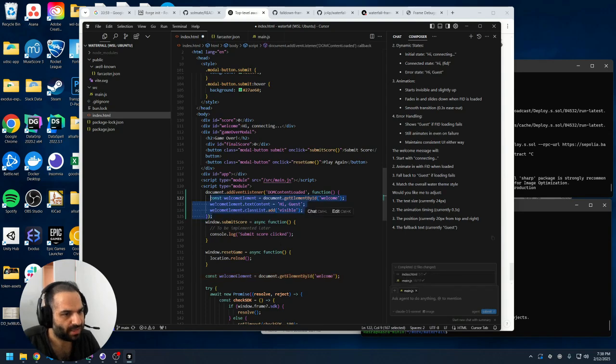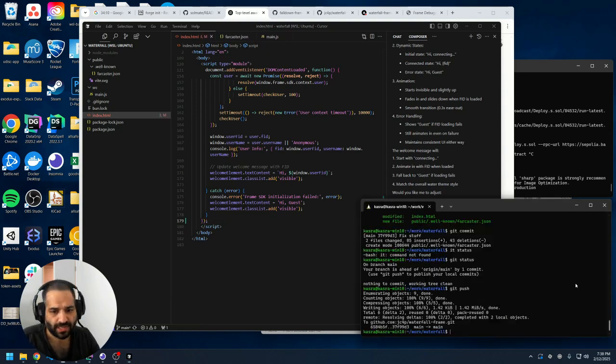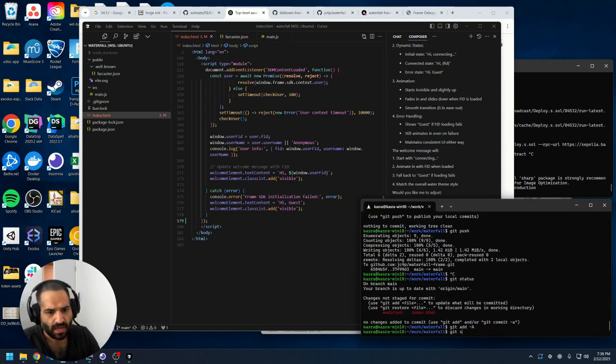Here's me figuring it out. Okay, so now that we do the document content loaded, everything's going to be wrapped in a closure, so it's no longer top level await, and it's going to let us actually do what we want to do, if I can close that bracket correctly. There we go. That's going to fix the issue, so let's